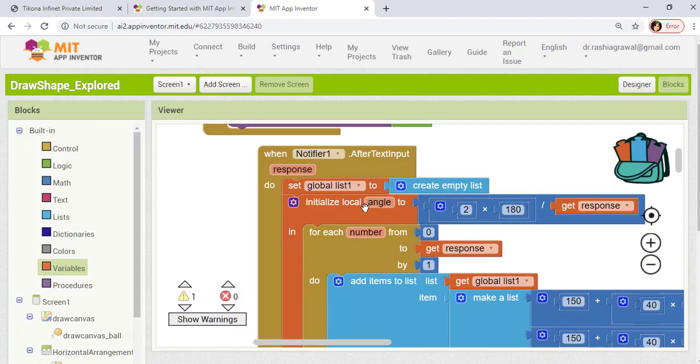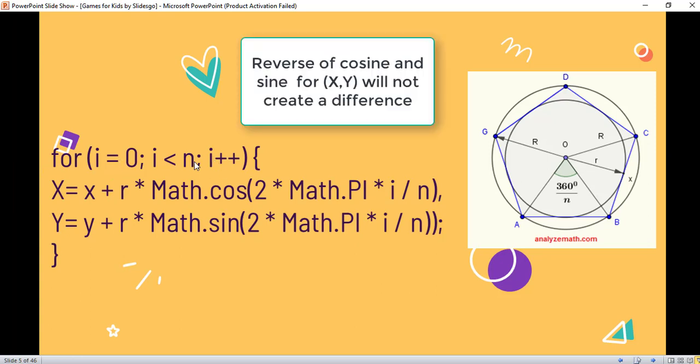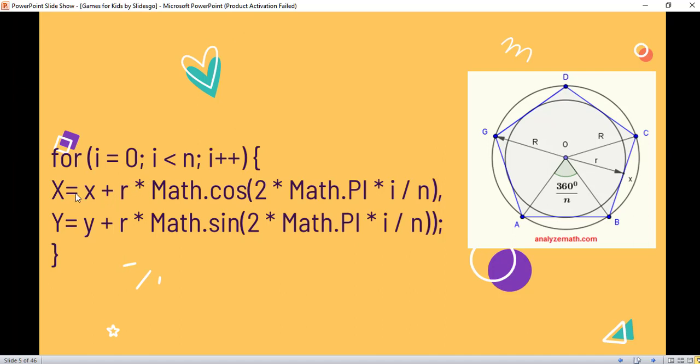So here we have taken a local angle equal to 2 pi by n, where n is the number of sides that we have taken from the user. 2 into math dot pi divided by n is my angle. I multiply the angle with i, which varies from 0 to the number of sides, take a cosine of it, multiply it with the radius and add it to the x.